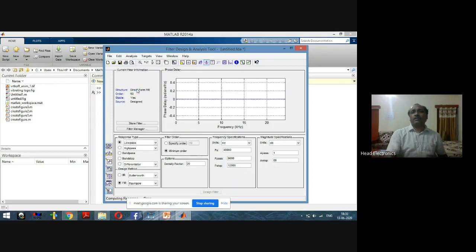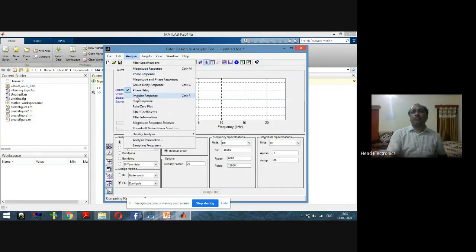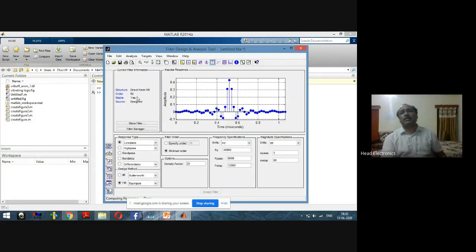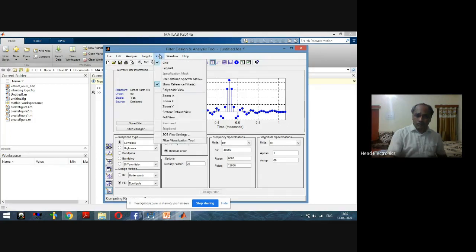Phase delay, this is the phase delay here. And similarly, we can select the impulse response of the filter. That means if this direct form FIR filter is subjected to an impulse, what will be the response? This will be the impulse response here. Similarly, we can see these responses in another window by using the filter visualization tool.